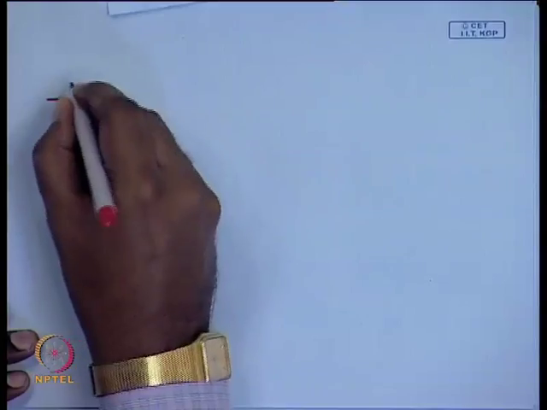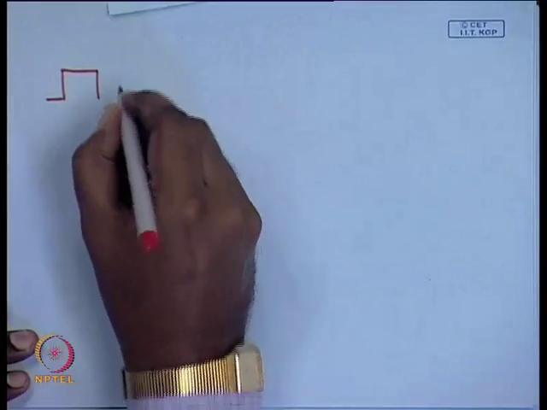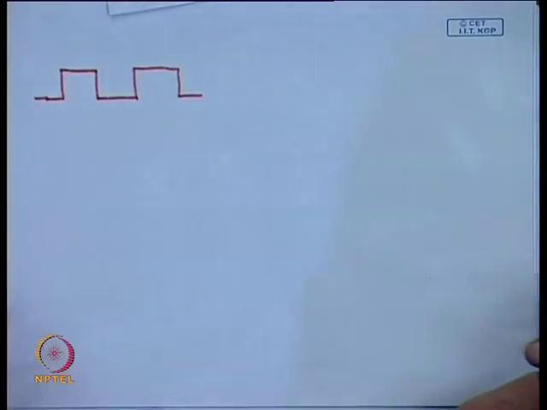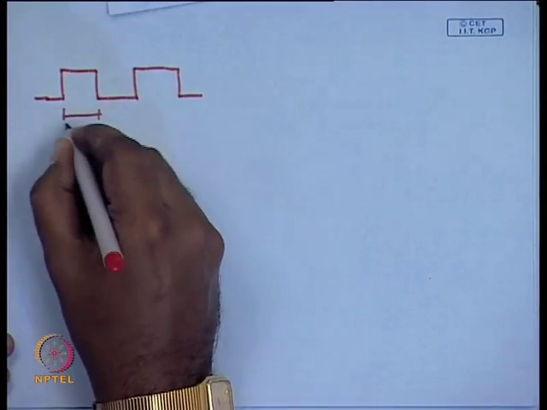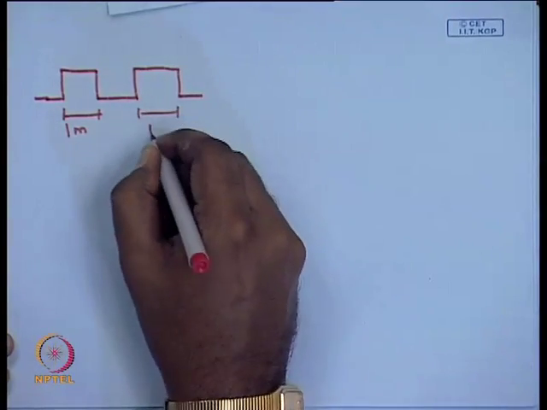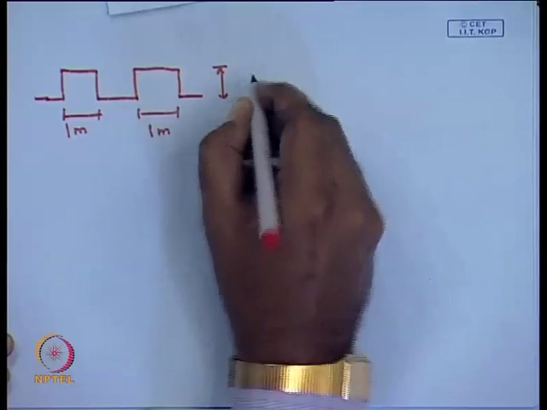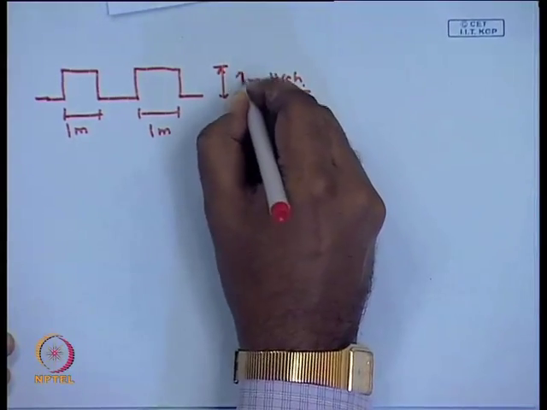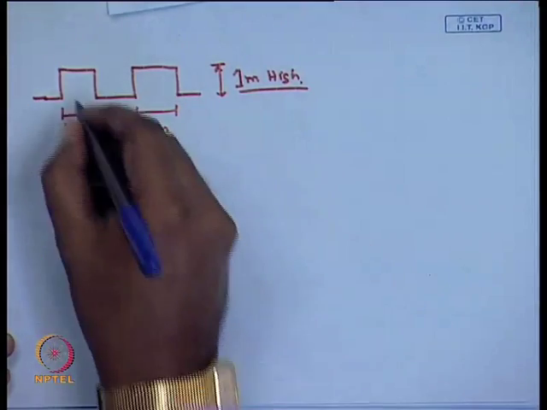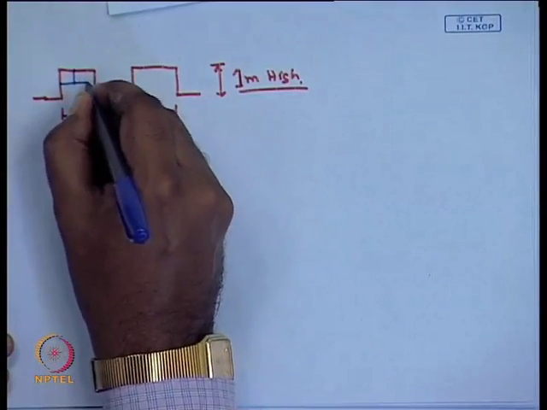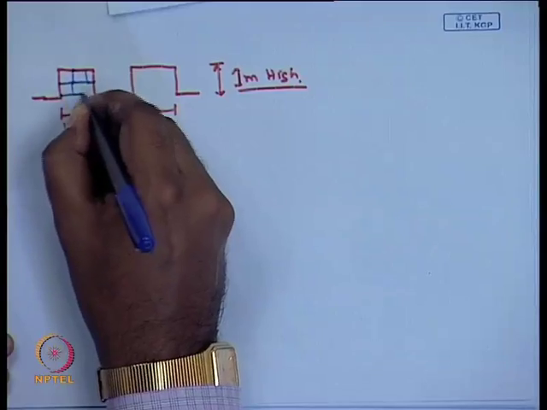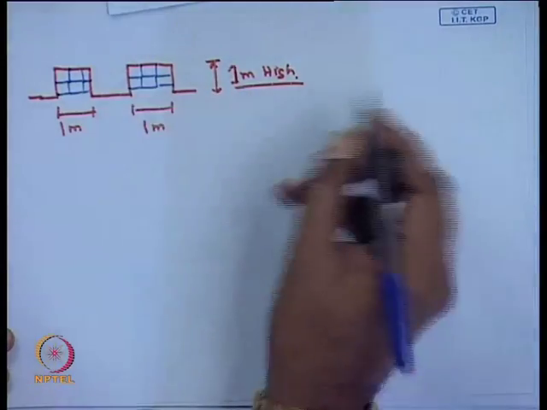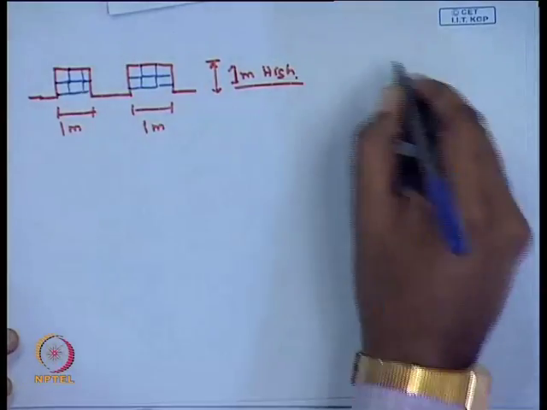make a structure like this, let us say. Suppose these are 1 meter wide and this is also let us say 1 meter high, what would be the easiest way to do it? You can place bricks over here, but if you place bricks that probably becomes an example of a bottom up approach anyway,